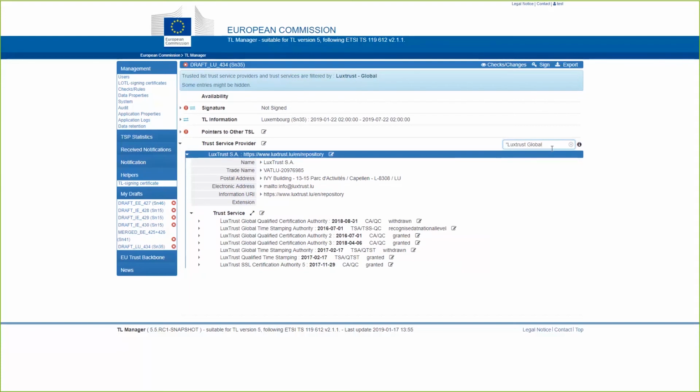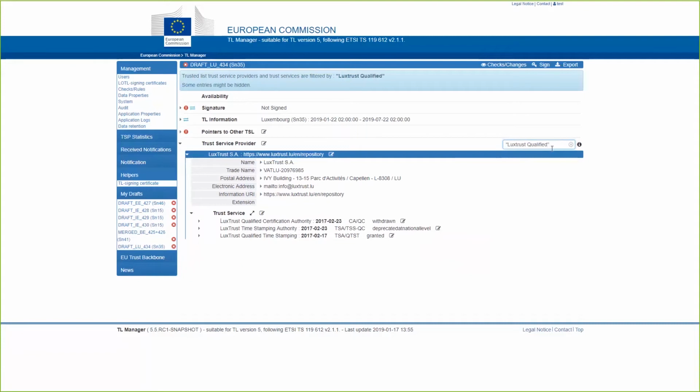If you search for LuxTrust qualified, it will search for both LuxTrust and qualified. If you search for LuxTrust qualified between quotes, it will search for the exact matching phrase, and so some of them will be filtered out. So it's quite intuitive, I think. No necessity to go into deeper details, but it can help you find a particular trust service.